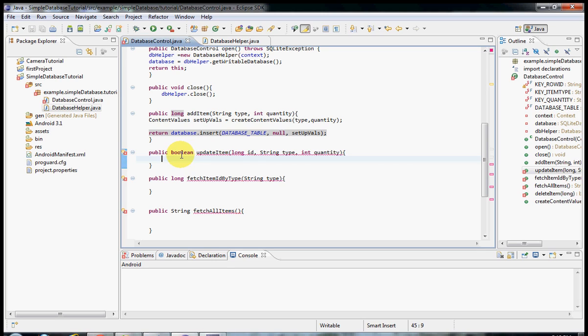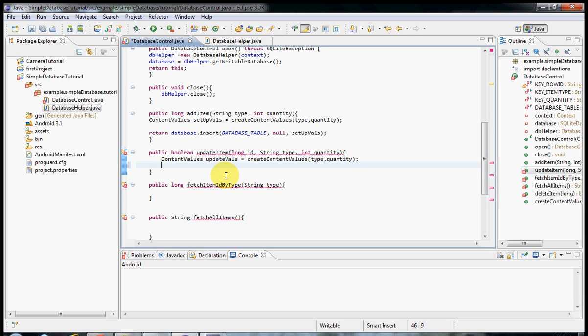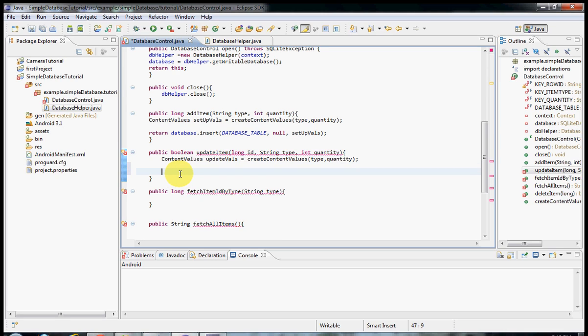Okay, now we're going to move on to the update item. So let me just copy this, bring it down there, we'll call it update values, just to make sure we don't mix it up. And this one also will pass type and quantity to the object. But instead, it's going to be a little more complicated than the insert statement. We're going to actually call the update function of the database,